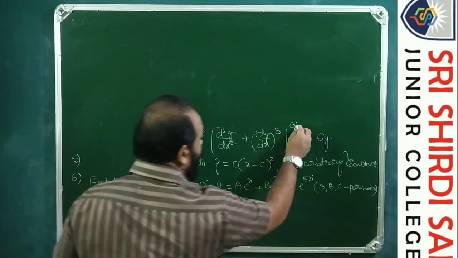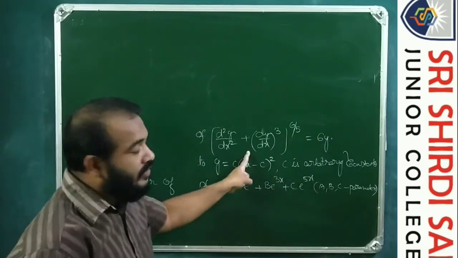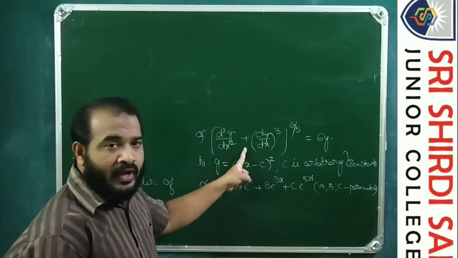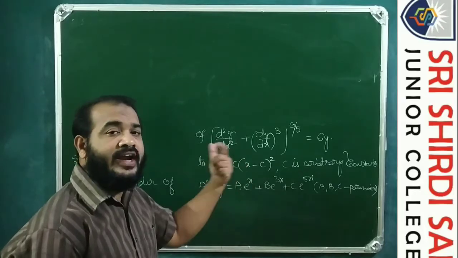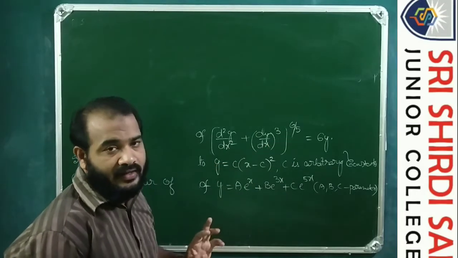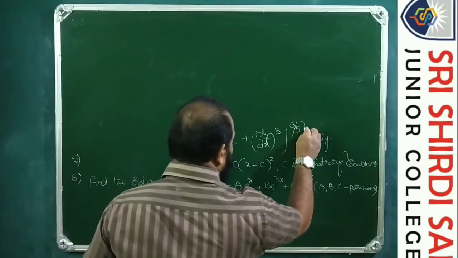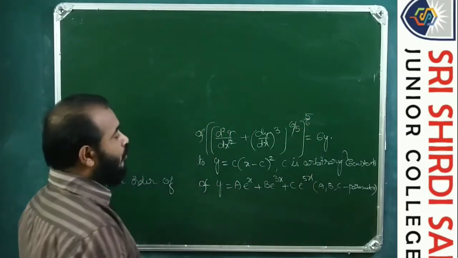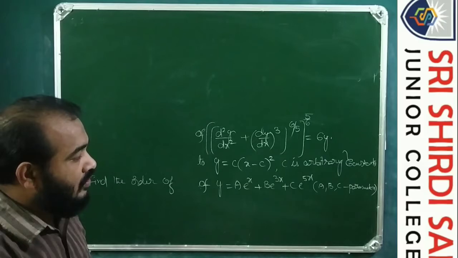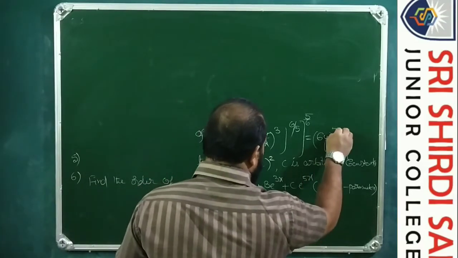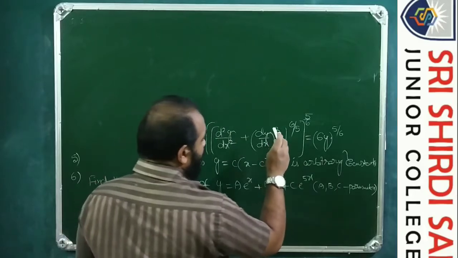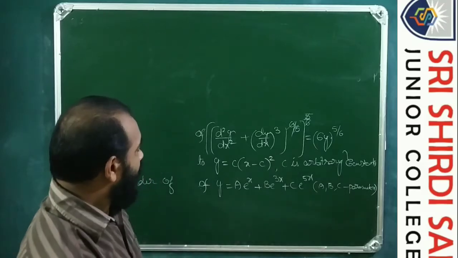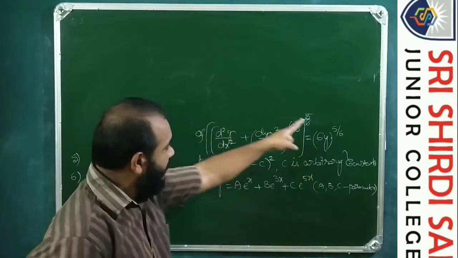See here, the whole power 5 is given. So first of all, is it a polynomial? For being a polynomial, the power has to be a non-negative integer. But here we got p by q. So for this, what I'll do is raise the whole thing to the power 6. If I do whole power 5 by 6 here also, then of course this 5 by 6 and this 6 by 5 get cancelled. So therefore the order is 2 and the order's power is 1.